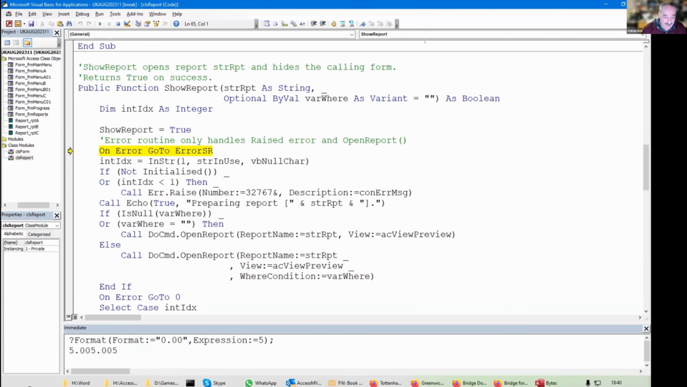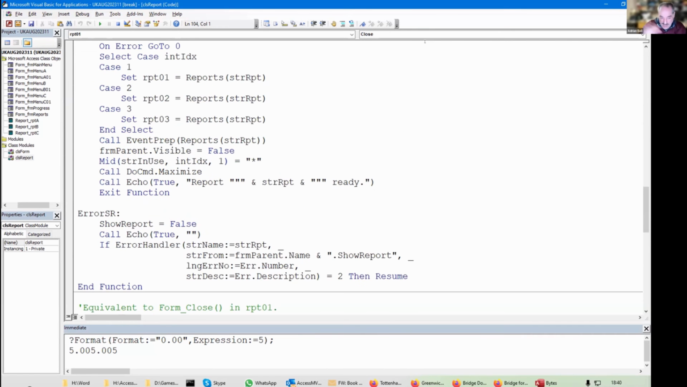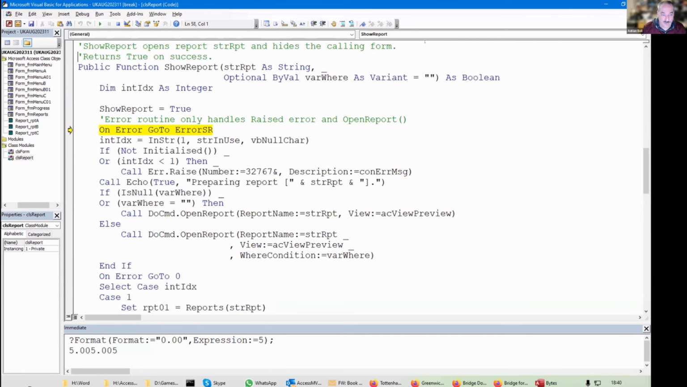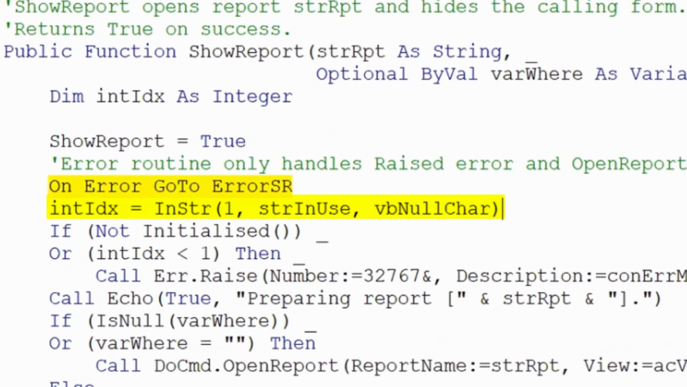On error, go to error SR. There's an internal error handler. You don't need to worry too much about that. That's my other code, which isn't really relevant to classes. intIdx, that's an index, equals InStr 1, str in use, vbNullChar. Now, what is this doing? This is saying I'm looking for a vbNullChar